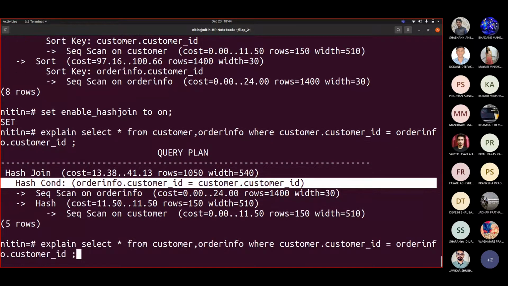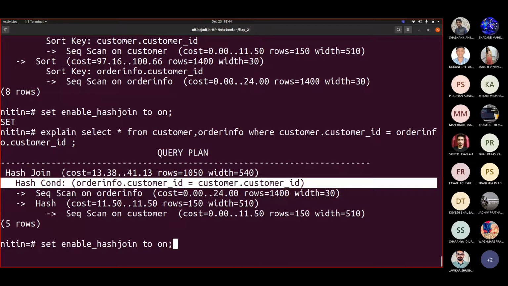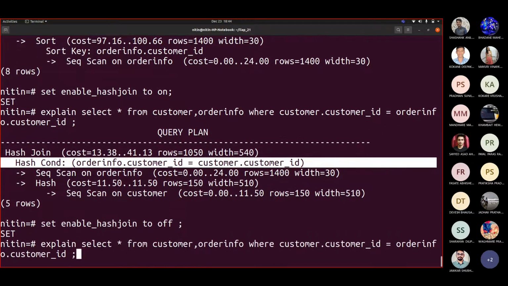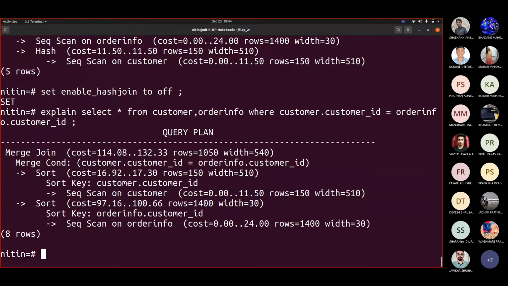Now the same case, if I really wish to see with respect to merge join, see the join condition. You will see that the join condition matches with customer ID. That customer ID belongs to customer, and that is the reason why it is taking a huge amount of time. Now you may say 132 milliseconds is not a huge amount of time, correct? But yes, from a performance perspective, it is more time than what was supposed to be there.